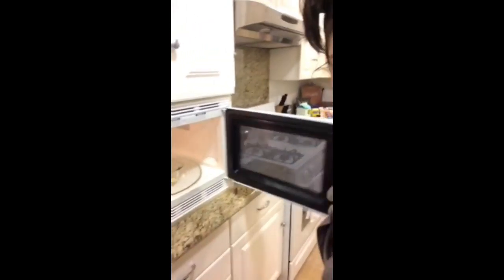Okay, so the first step is to take your super fresh vegetables that aren't frozen and put on garlic powder, salt, pepper, and oregano and put them in this pan. Then, because your vegetables are so fresh and not frozen, you can defrost them for 20 seconds in the microwave. Okay, so once you have defrosted your super fresh vegetables that you got straight from the farmer's market, who knows why they even had to be defrosted, because they were fresh, you put your noodles in the...